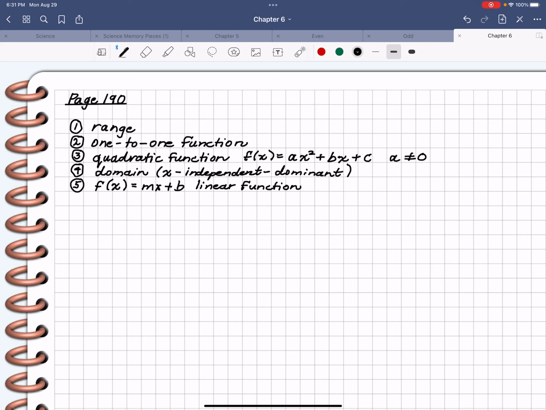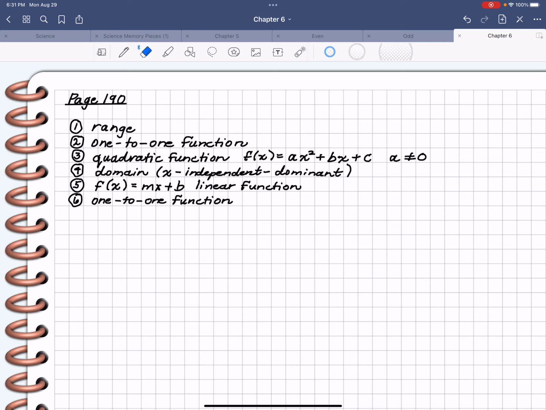Okay, number 6, and this is the last one. In a blank, each input has a different output. That is, is that one-to-one? That's one-to-one. I'm sorry. I got this mixed up. This is one-to-one. They're really